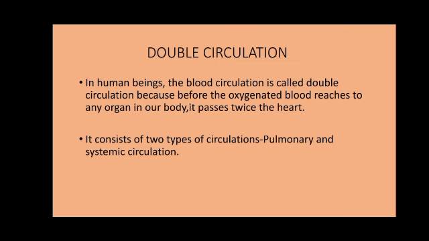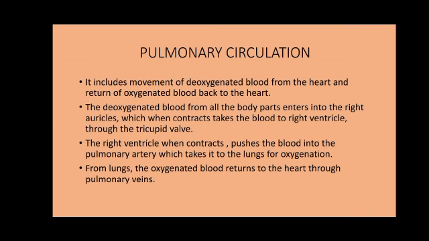The mammalian blood circulation is called double circulation because before the oxygenated blood reaches any organ in our body, it passes twice through the heart. It consists of two types of circulations, the pulmonary and the systemic circulation. What is pulmonary circulation? It includes movement of deoxygenated blood from the heart and return of oxygenated blood back